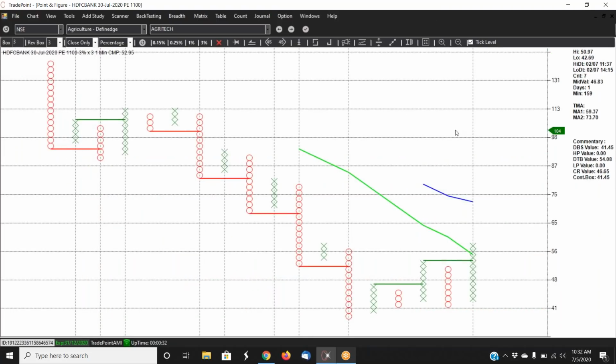Another chart which has drawn my interest is HDFC Bank, which came up with results and I believe they were better than expected. But this put chart tells a different story. This is the 1,100 put on 3%. This is a sort of a bear trap where it was an anchor column, a bearish anchor column, but then it has given two double top buys. So the low of the bearish anchor column, which is 40, will play a crucial role as long as this put is above 40. And right now it is only 53. So in case HDFC Bank spikes up on Monday because of the results, keep a watch on this 1,100 put. If it does not go below 40, then you have a trade there.